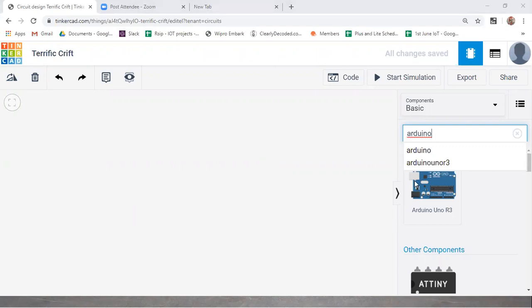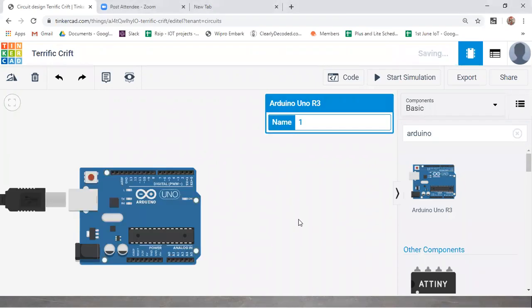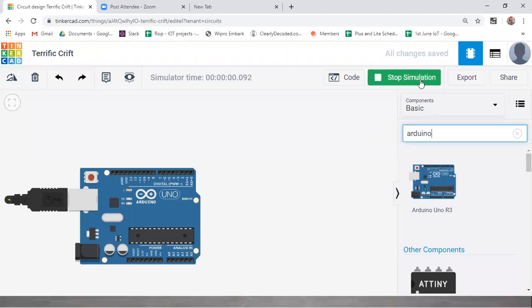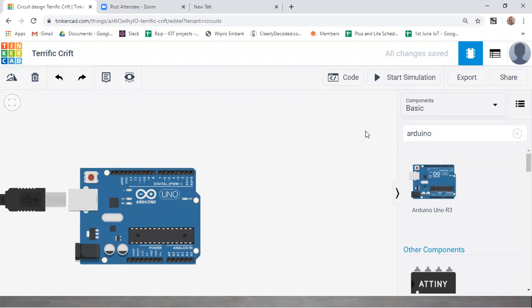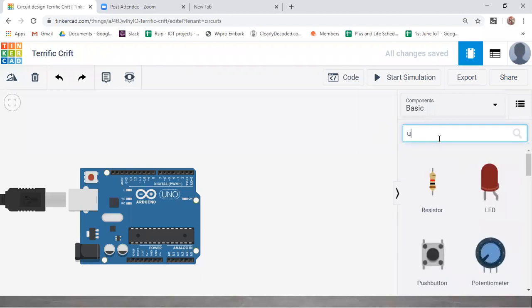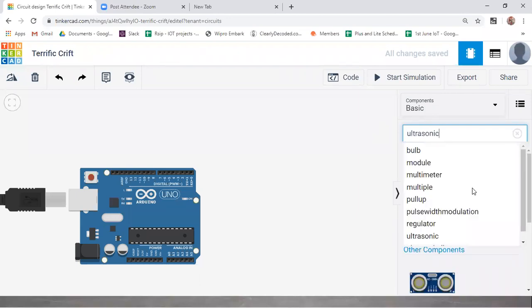Yeah, I've got it. Next I need to take the ultrasonic sensor. When you type ultrasonic sensor, you will find two components here, guys. Make sure that you are taking the 4-pin ultrasonic sensor.